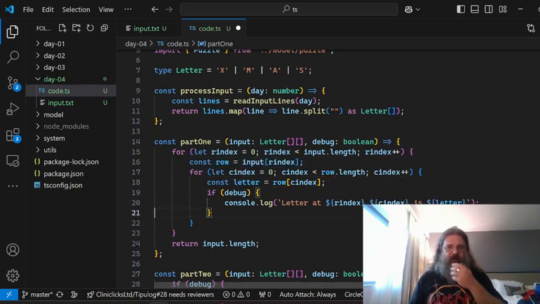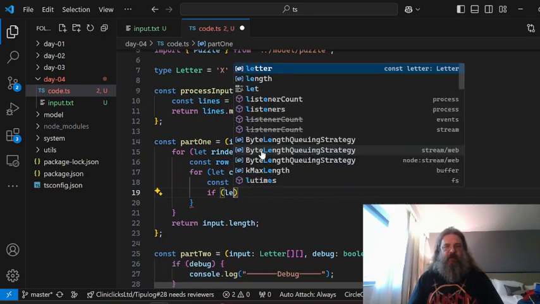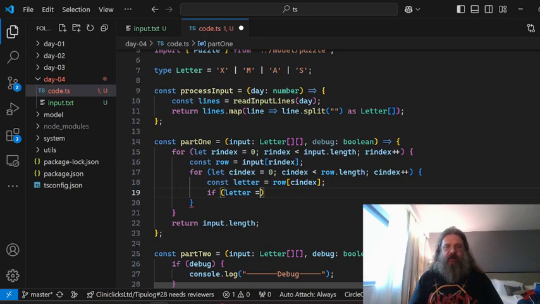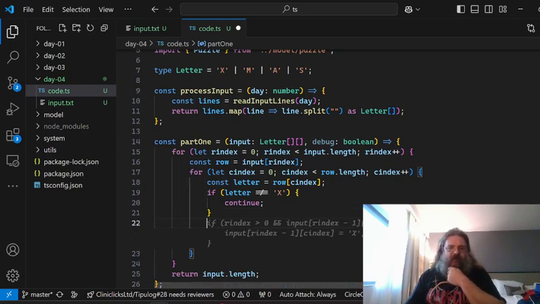Yeah, we can use that. And if the letter is not an X, we can just continue, since we are only interested in the X's. Otherwise,